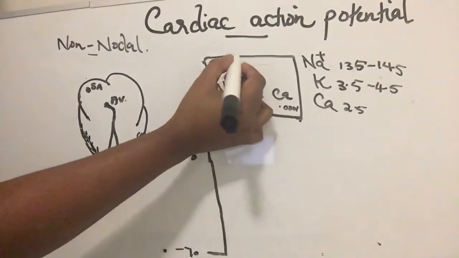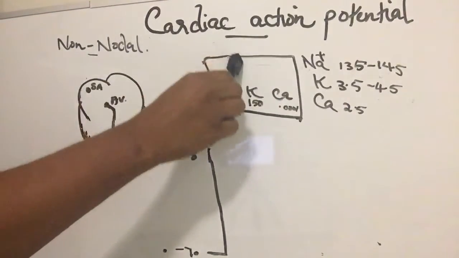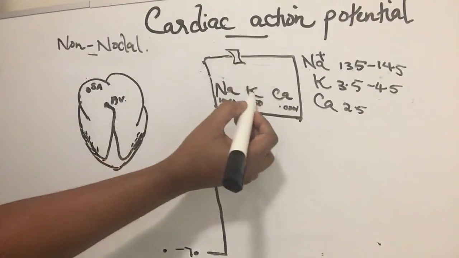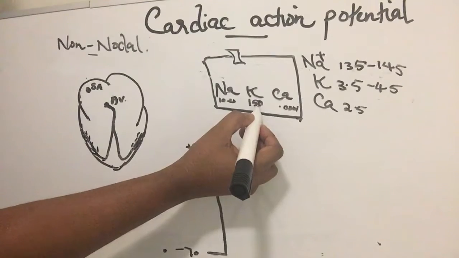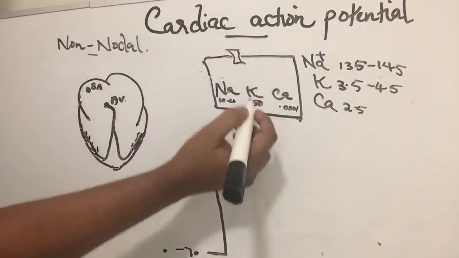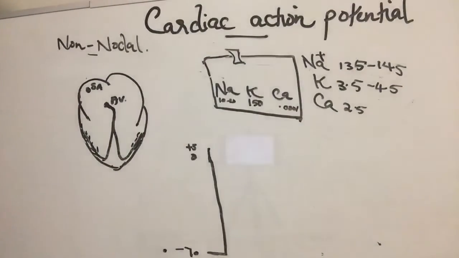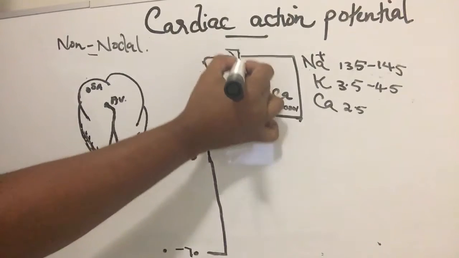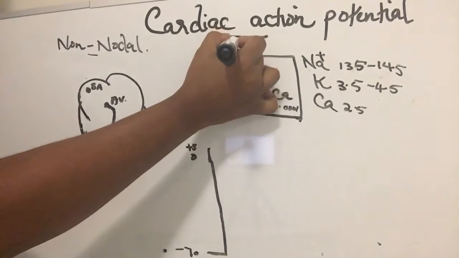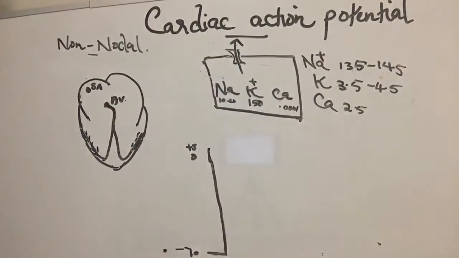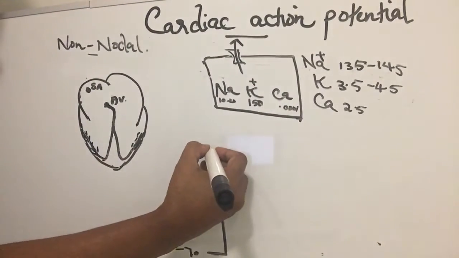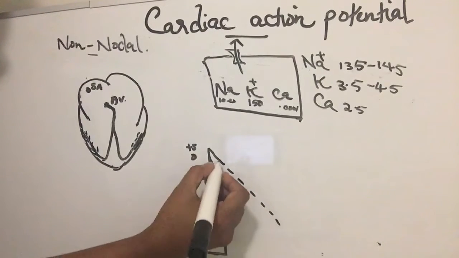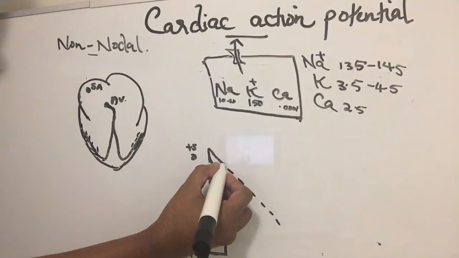And the potassium gate opens up. Potassium is in large amount inside the cell, so potassium is going to go out from the cell to the extracellular space. Potassium is also positively charged, and now positively charged potassium is getting out. That's going to make the cell negative. So once the cell reaches up to here,